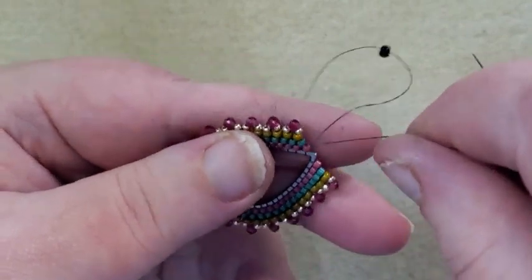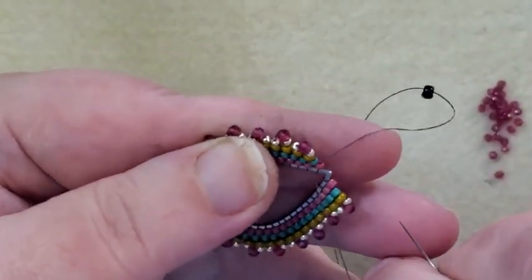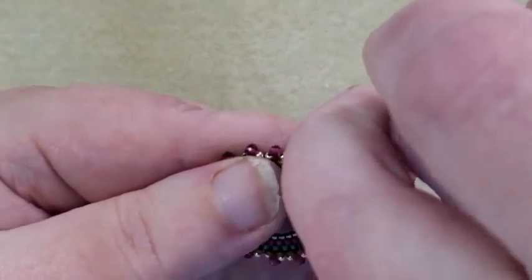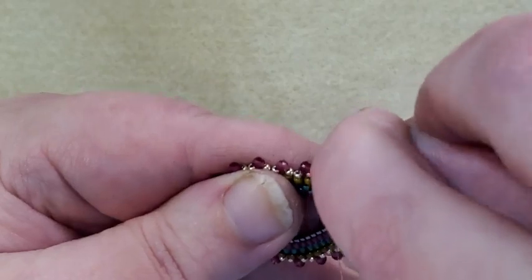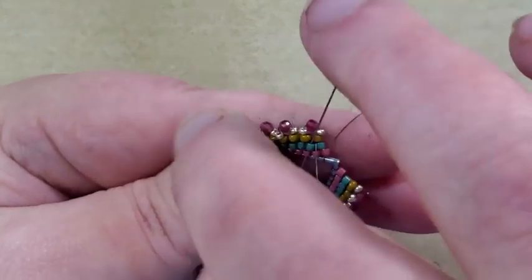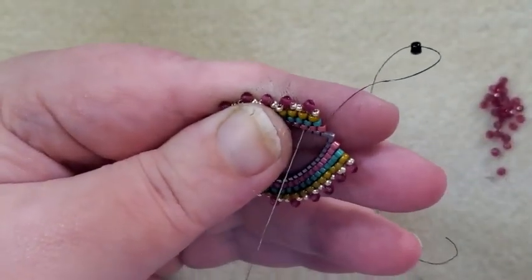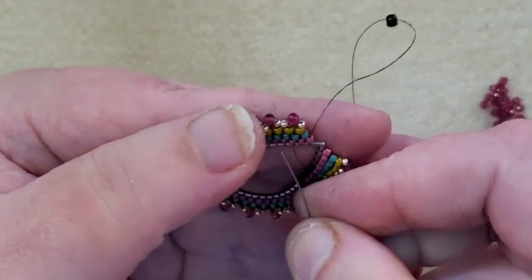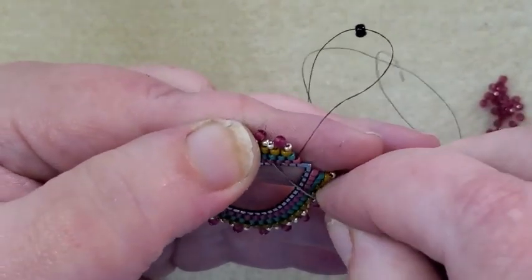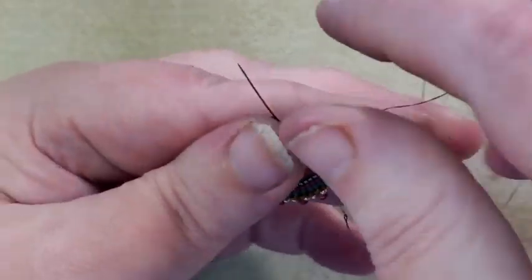And all I'm going to do, I'm not going to tie any half-hitch knots. I'm coming out the bottom of this yellow bead right here. I'm just going to sew down through my beads several times, back and forth, until my thread's in there well enough that it's not going to come out. So I'm always sewing on the diagonal, and then just coming back up through. Just make sure not to cross over any beads. Just sew on the diagonal,